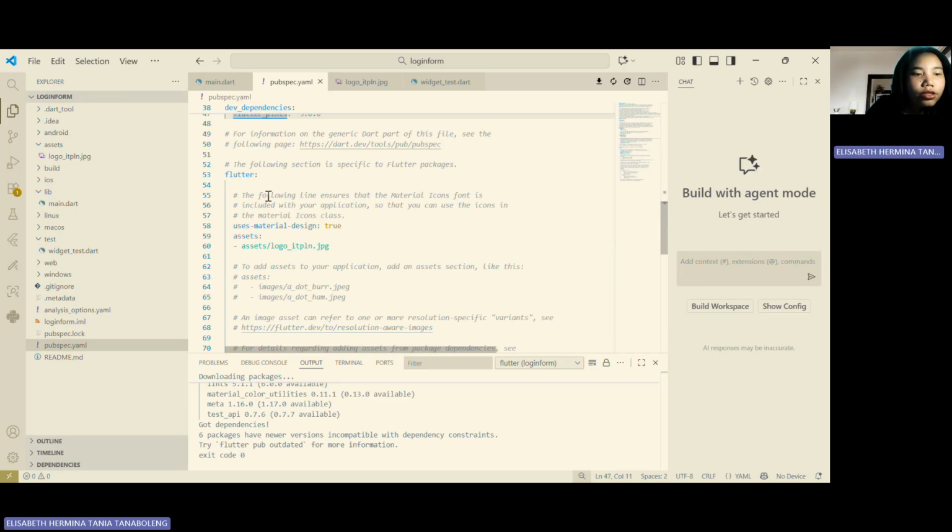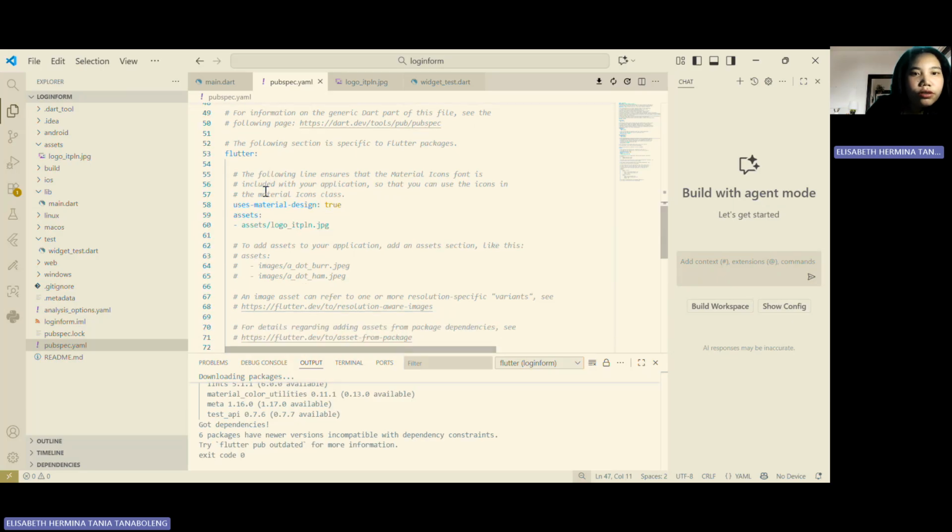Next, this section controls Flutter-specific features such as design, images, and fonts. uses-material-design: true ensures the app uses icons and styles from Material Design, Google's design standard.